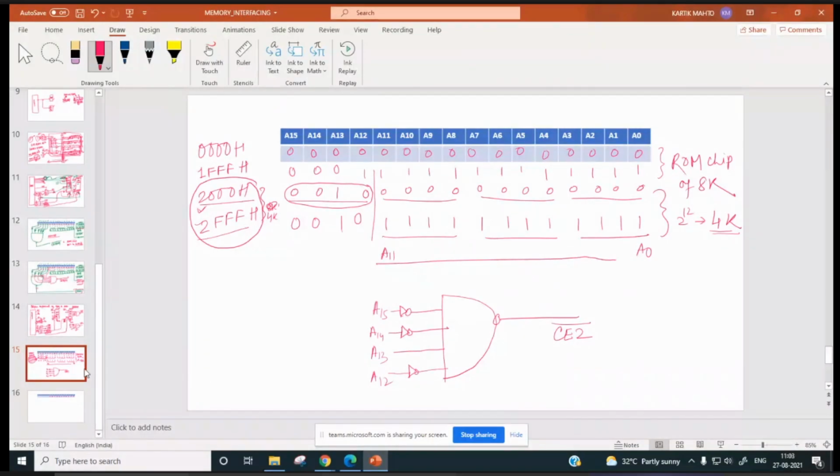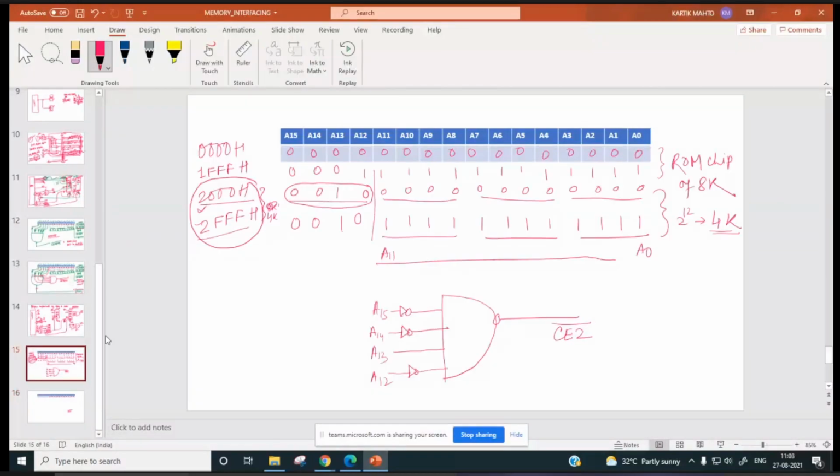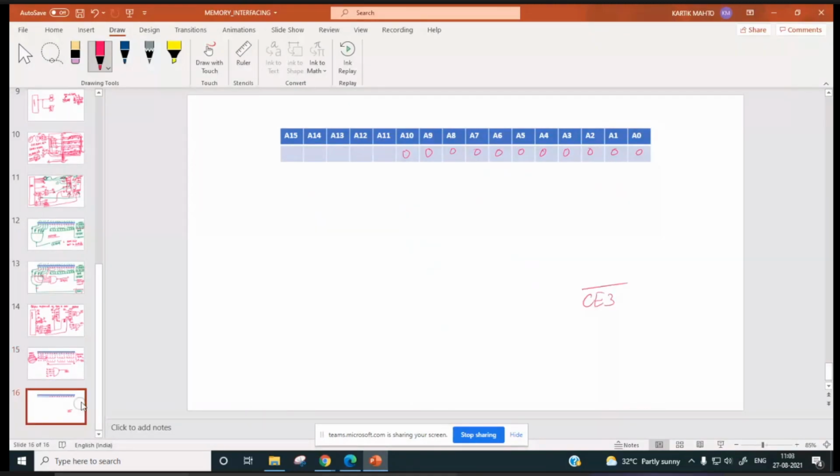So if you further expand the memory by 2K, what will be our CE bar 3? How will it be for the third RAM chip? So what is the lowest address over here? 2FFH. Sir, A12 will go directly, all others will be inverted, sir. 2FFH is the address.